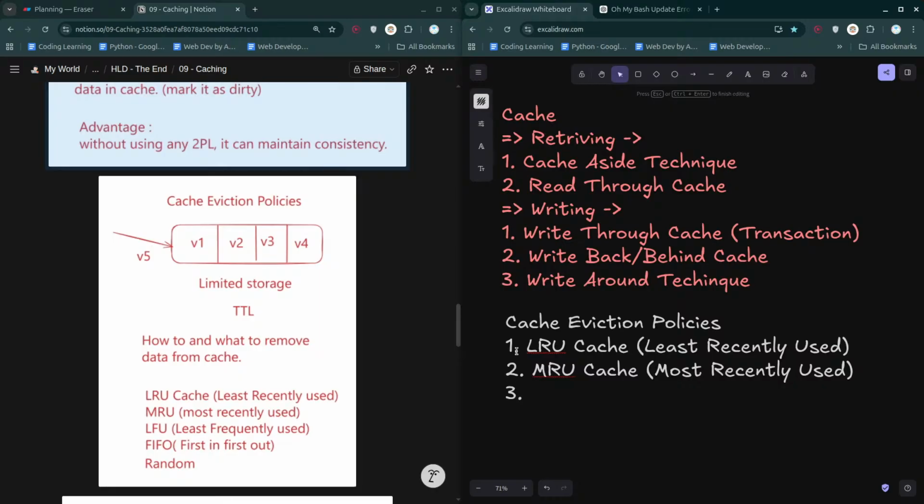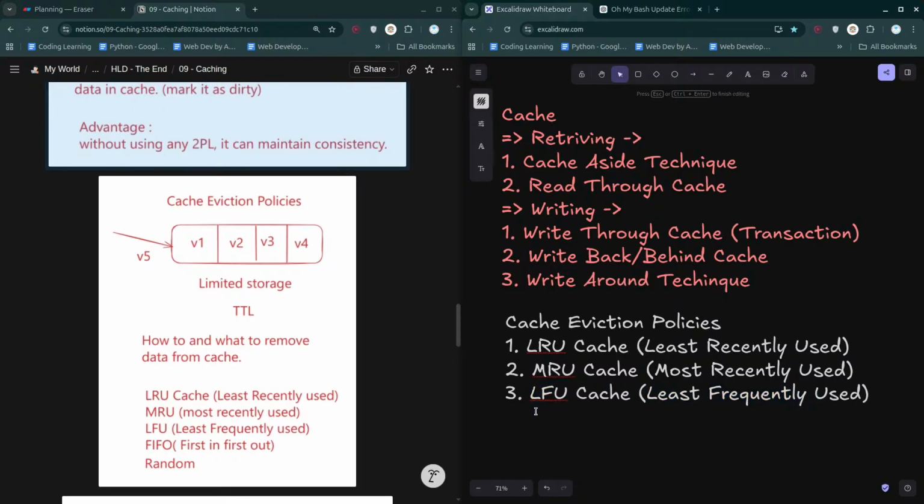Okay, and then we have LFU cache. That means least frequently used. When it comes to this one, we are going to maintain the frequency of the data that is being used.